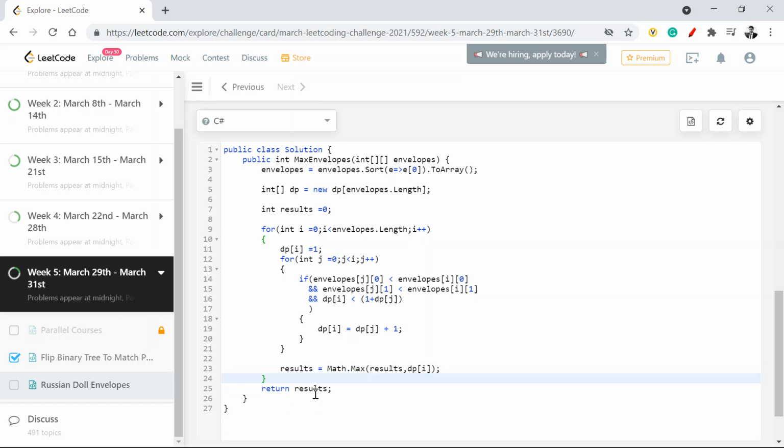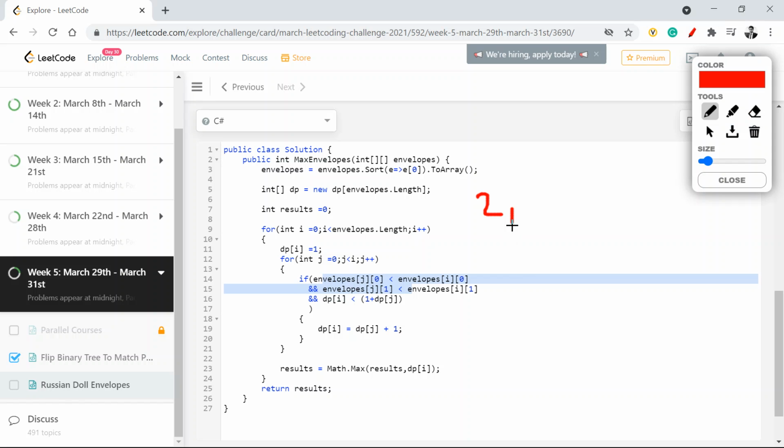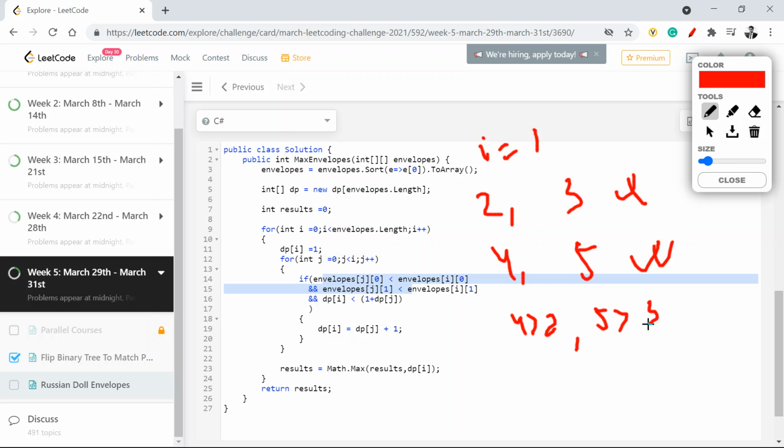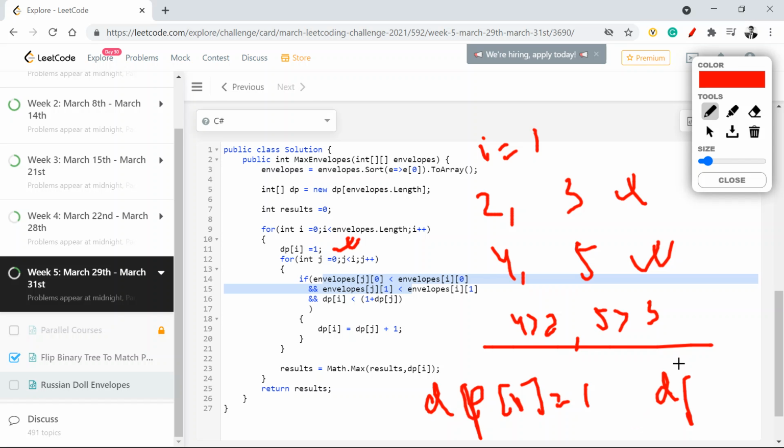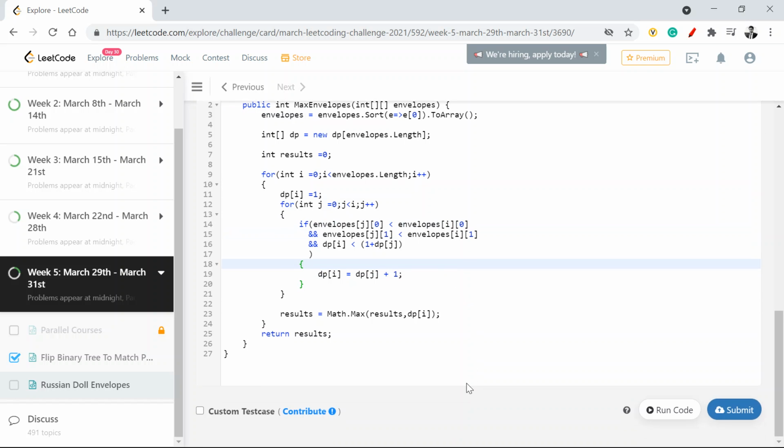If you see what we are trying to do, what I explained earlier. If I'm having these values, say 2 comma 3 and 4 comma 5, so this is a greater index than this one. If i is equal to say 1 and j is equal to 0, I'm saying okay, is 4 greater than 2 or not, and is 5 greater than 3 or not. If that is true, dp[0] in this case will be equal to 1. That's a default value which I'm setting here. But in this scenario, if that succeeds, my dp[1] will be set to 2. That means 1 plus whatever the value is at this index, right? So that's how the whole logic is.